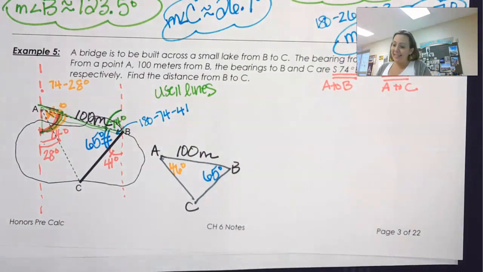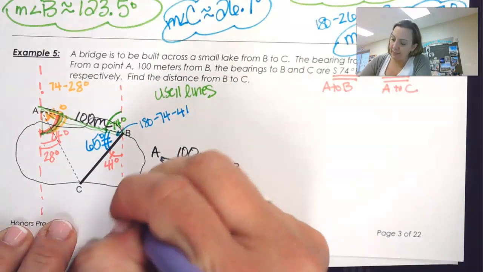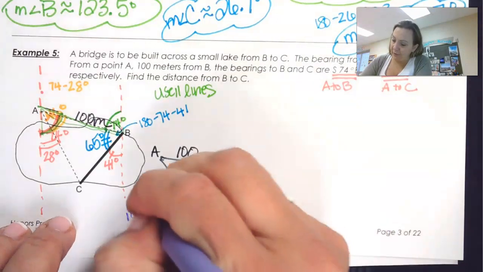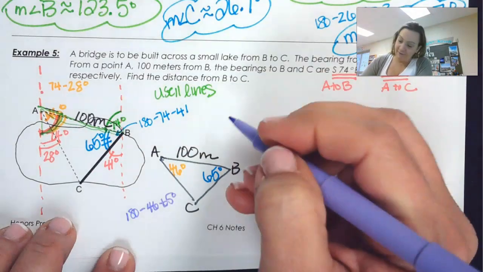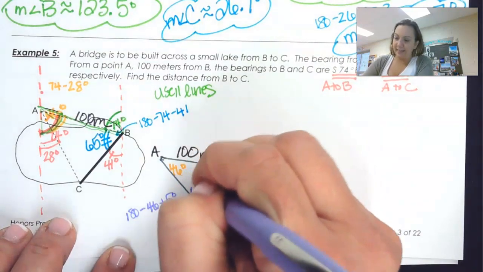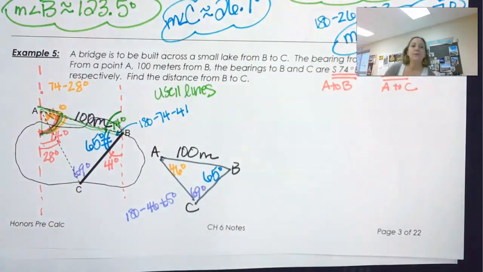And if I know that that is 65 degrees, now I'm able to find this angle. So the next thing is I would take 180 in the triangle, 180 minus 46 minus 65 degrees, and I find that that is going to be 69 degrees. Again, you could label it in here too. Okay. So that's kind of like the messy way of using the bearings to try to find the different angles